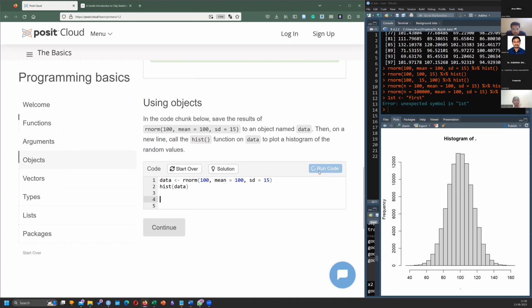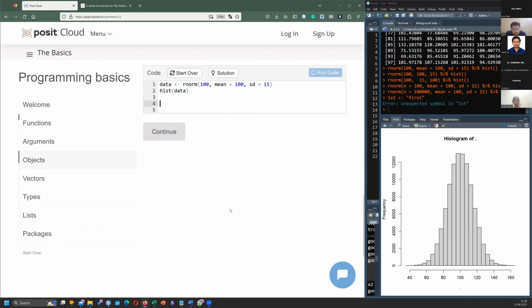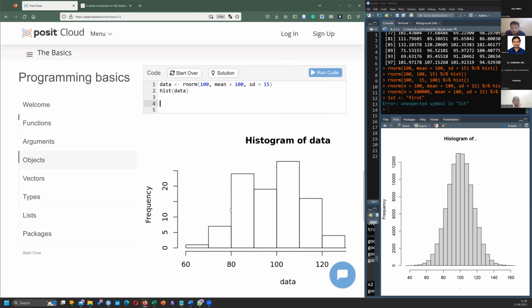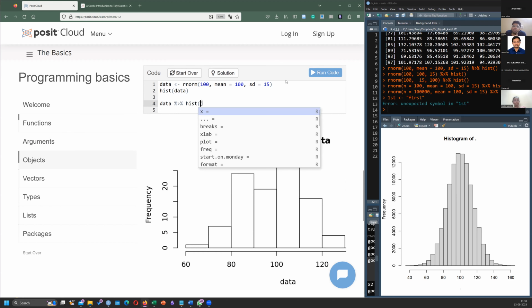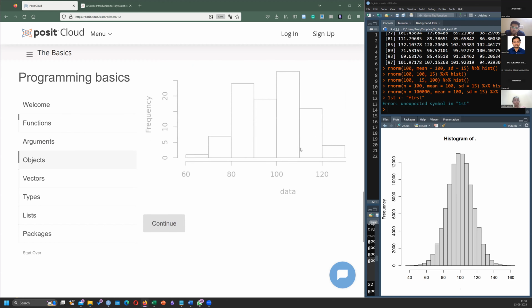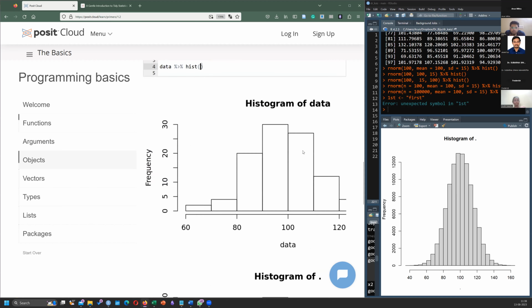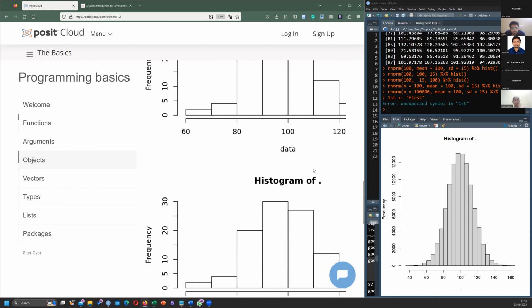So I'll run the code. But then I can also do this. Histogram. It's one and the same. Two histograms have come.